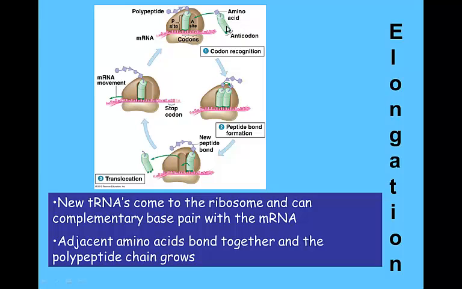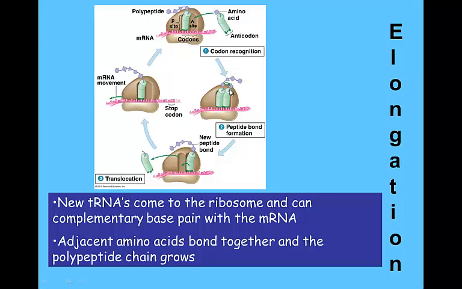What's going to happen is another transfer RNA will come in that can base pair. It's going to recognize a 3-base sequence on the messenger RNA. We call that 3-base sequence a codon. The transfer RNA will recognize that 3-base sequence and will complementary base pair to it, and it will bring along an individual amino acid. The individual amino acid will be brought into place next to the first amino acid,